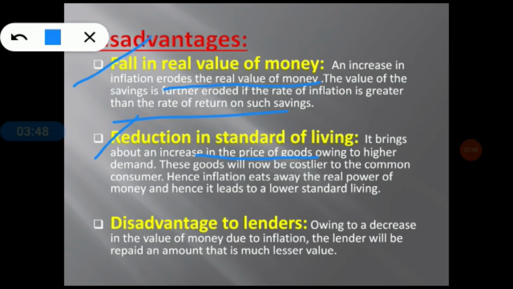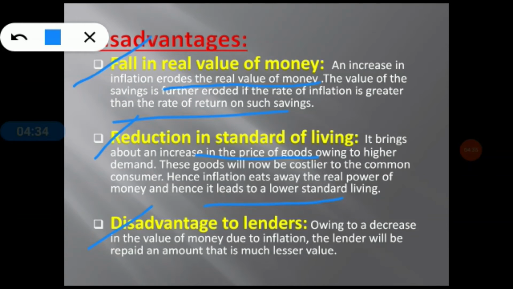So these goods will now be costlier because the price of the product will increase for the common consumer. But consumers do not have enough money. Consumers don't have additional money to purchase the same amount of product as they purchased before. So that's why inflation eats away the real power of money, and it obviously indicates a lower standard of living of the people. So now going to the third point, that is